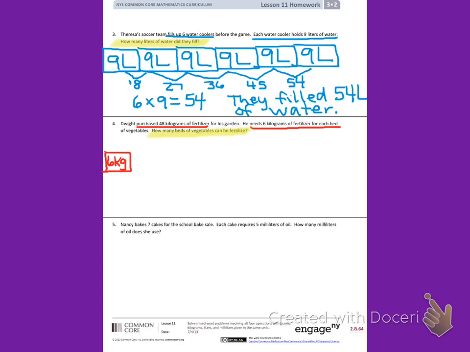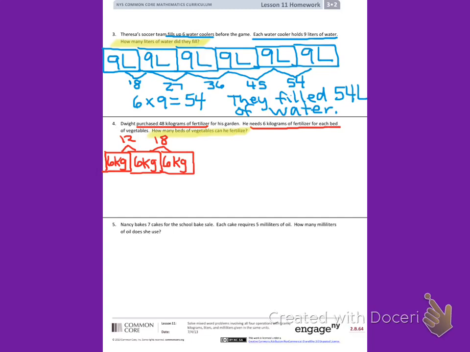And now I'll add another rectangle and label it 6 kilograms. I'll add the 2 together, that'll be 12. I'll keep adding rectangles and labeling them 6 kilograms and adding it to the previous number until I get to the number 48,